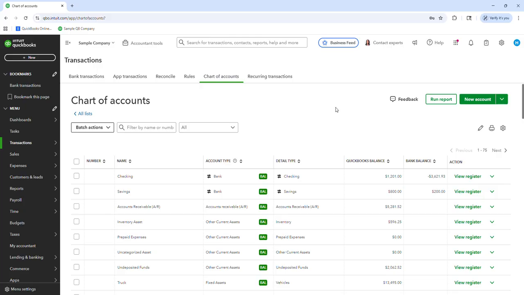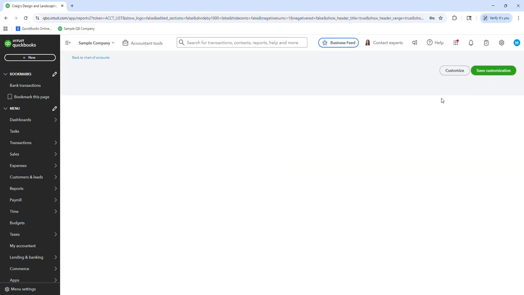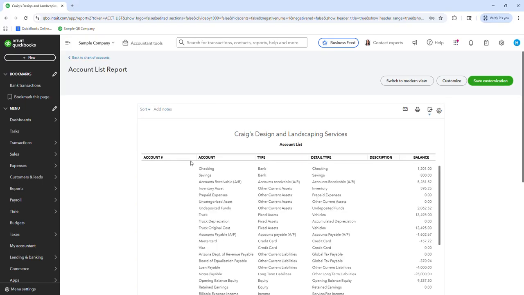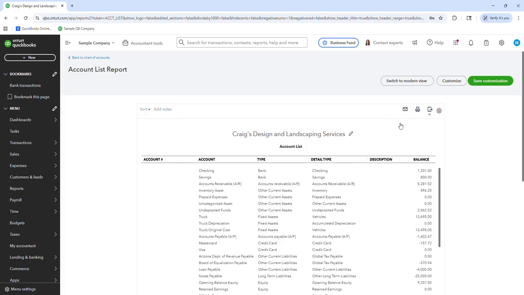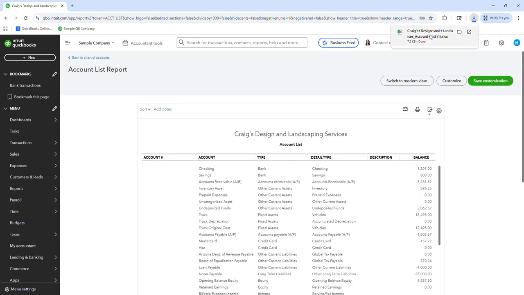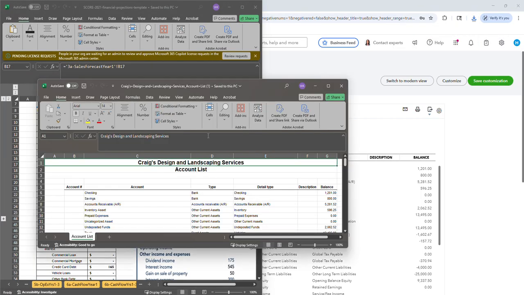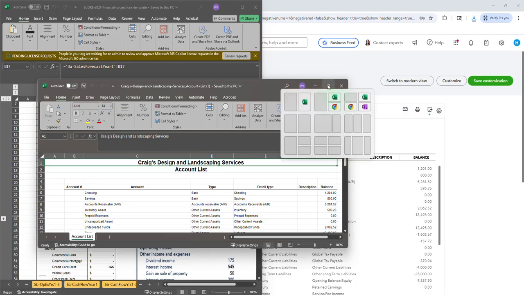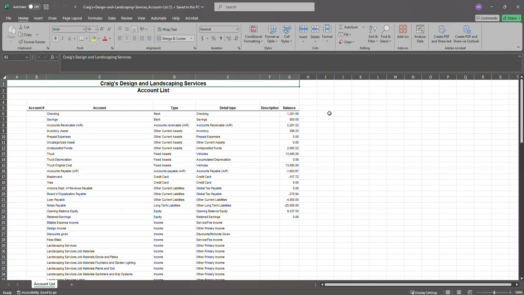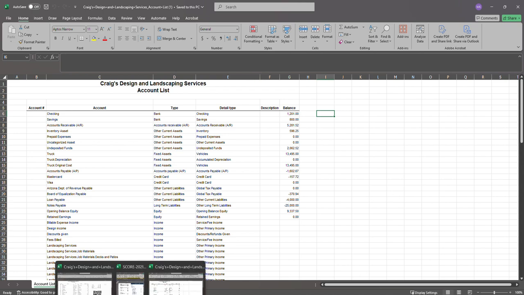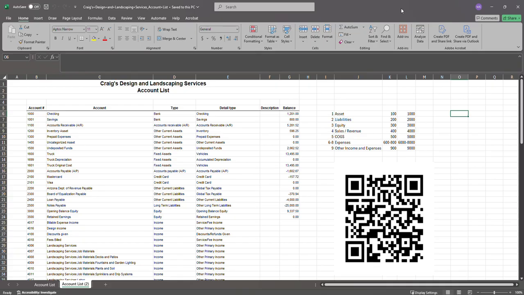So the best way to do that is to run the report. And here we could export to Excel. So that is going to be down here. Right, so this is the export that comes out of QuickBooks. And so what I'm going to do is, all right,